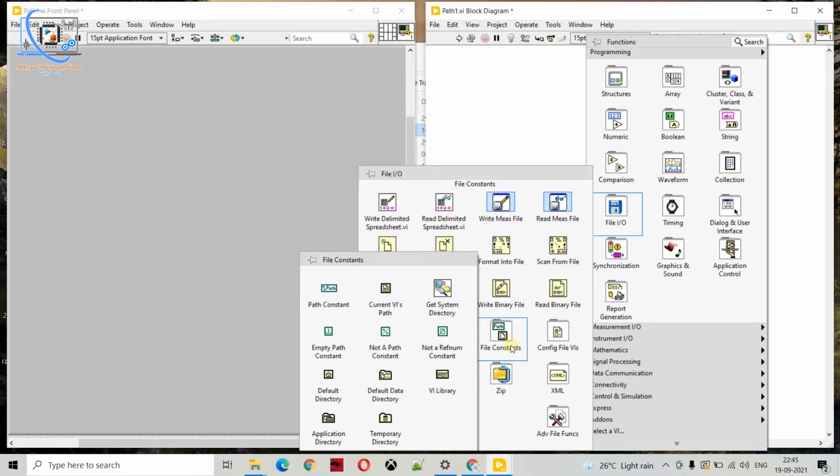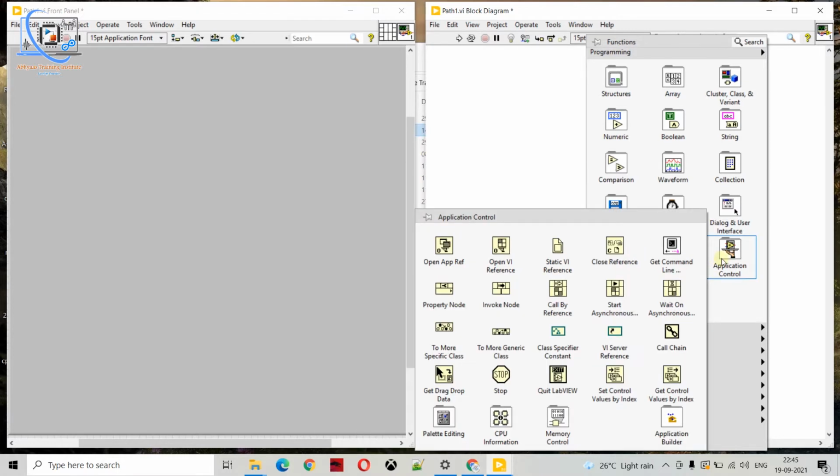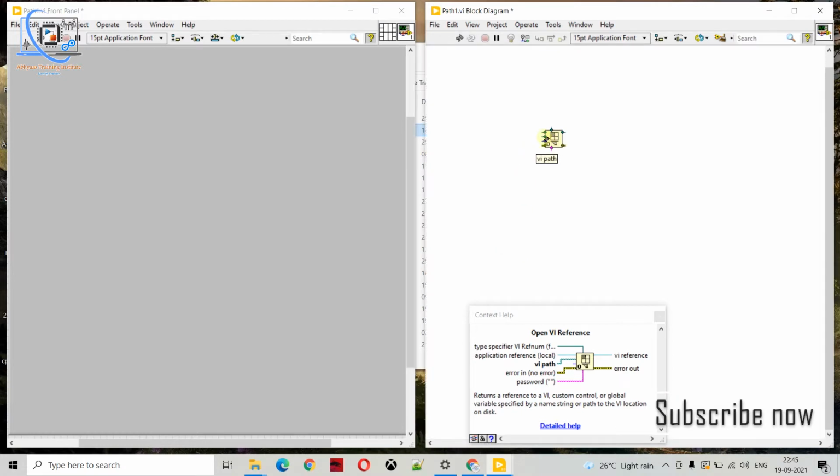As you know, we have a string constant, numeric constant, boolean constant, all kinds of constants, so we also have a file constant. What will be the use of those constants, those paths of the file? Let me give you one example. When we come to application control, we can see Open VI Reference, where we have a VI path.